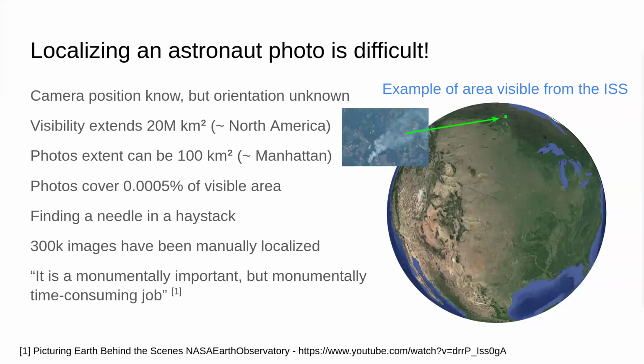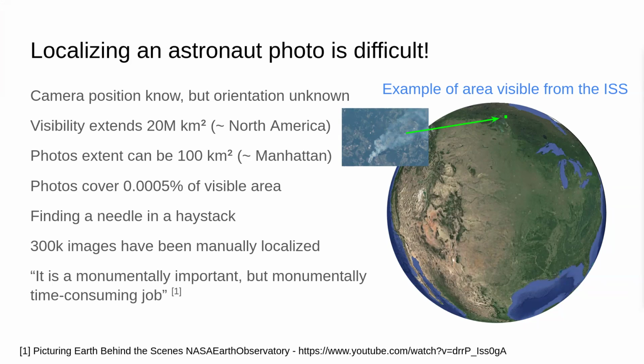The value added by having a human in the loop to take a photo also makes localizing a photo extremely difficult. From the International Space Station, astronauts can see an area of 20 million square kilometers, about the size of North America. The photos can cover an area of just 0.0005% of the visible area, so finding an astronaut photo is similar to finding a needle in a haystack, and